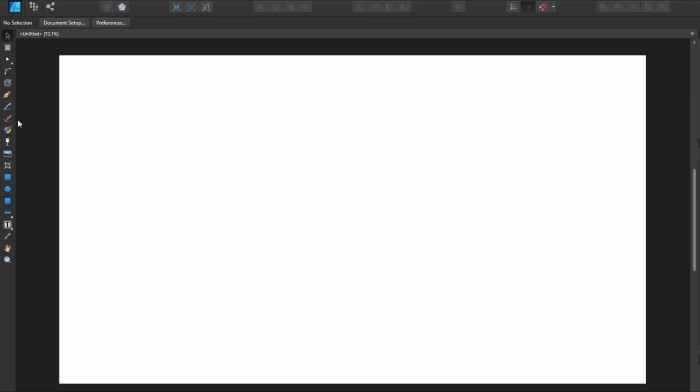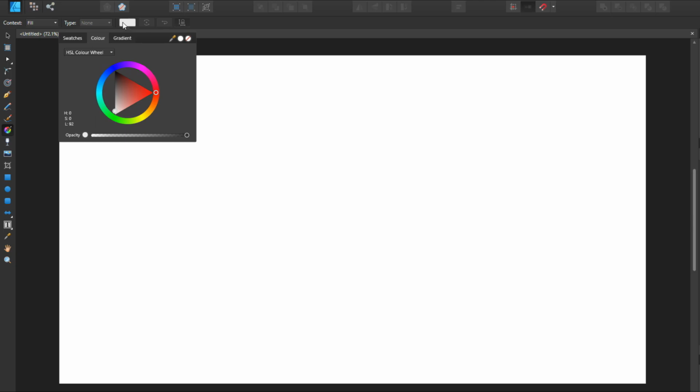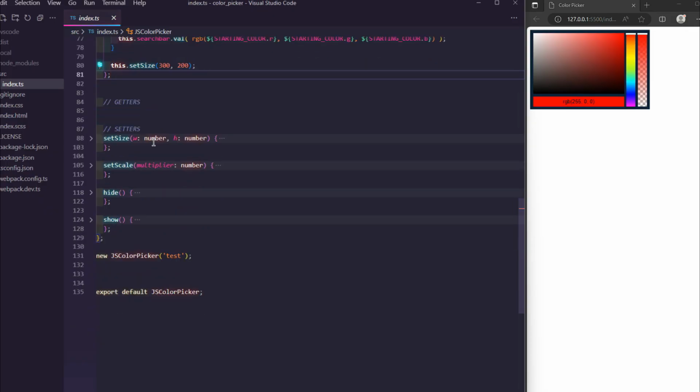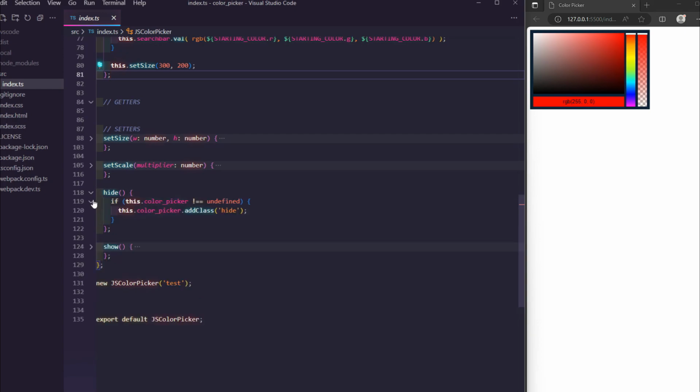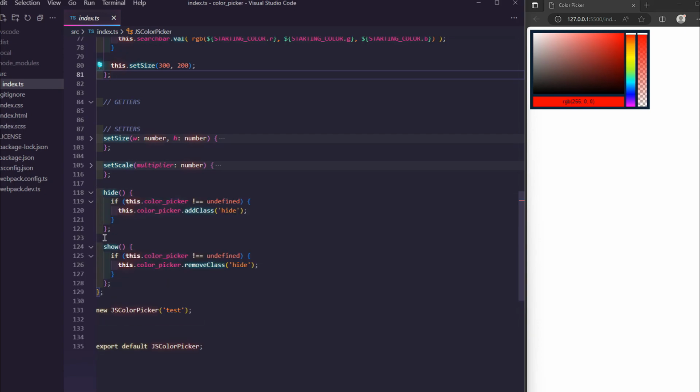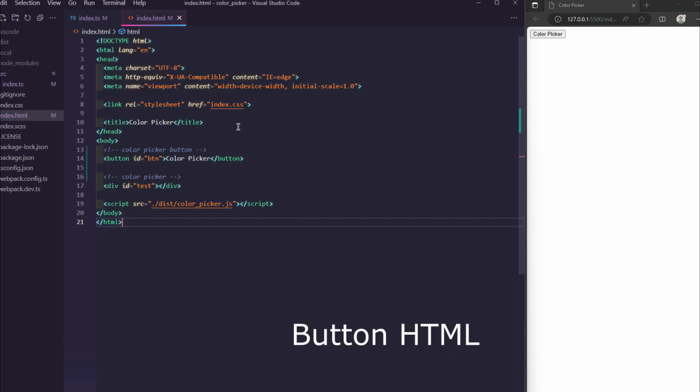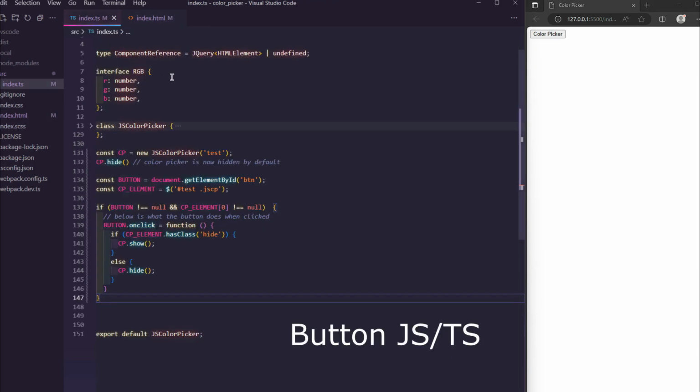Some applications keep color pickers hidden until a button is clicked. The same button may also be used to hide them again when they're no longer needed. To give developers the option to implement this behavior in their programs, I created 2 methods that change the visibility of the color picker. They're self-explanatory, so I won't say any more, but I will show you how they can be implemented.